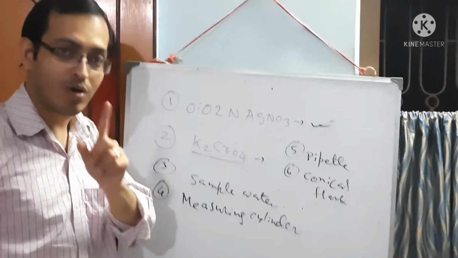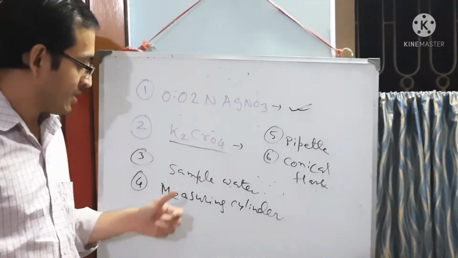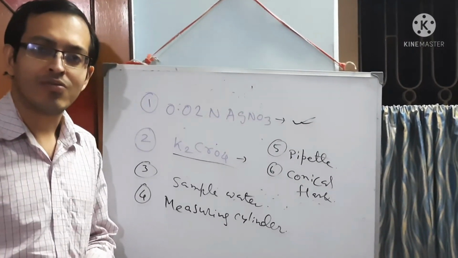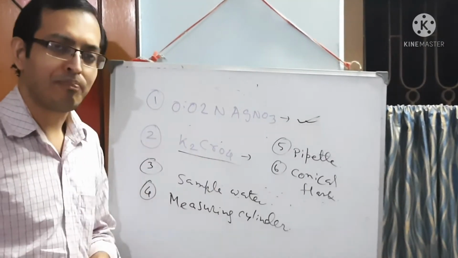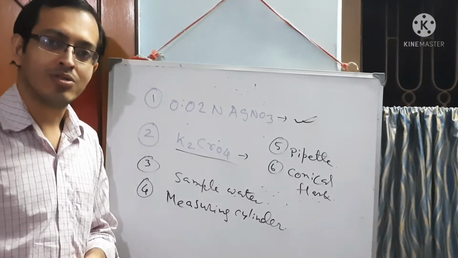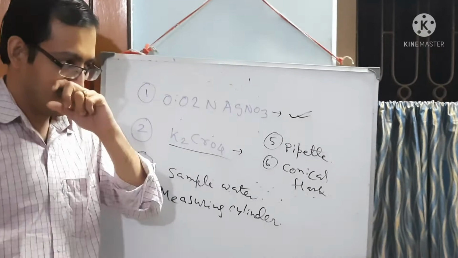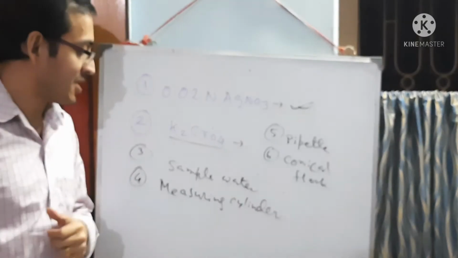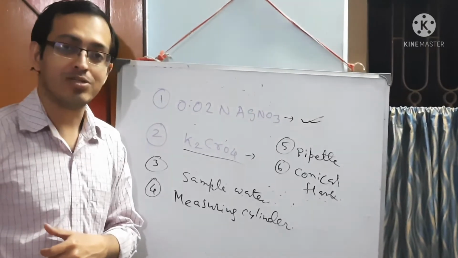of 1 ml quantity. Okay, after addition of this indicator solution, the sample water present in the conical flask will turn into a very good yellow color. Okay, then shake well, then go to the burette and titrate it against this AgNO3 solution. In the previous videos I have shown you we have to titrate drop wise. And the end point of the titration will be indicated by the appearance of brick red color.